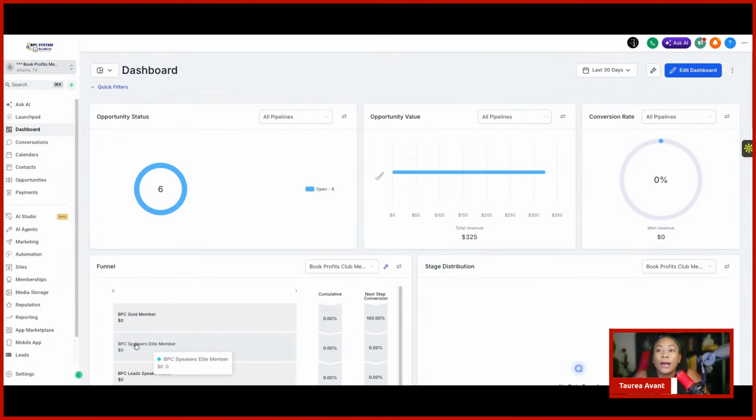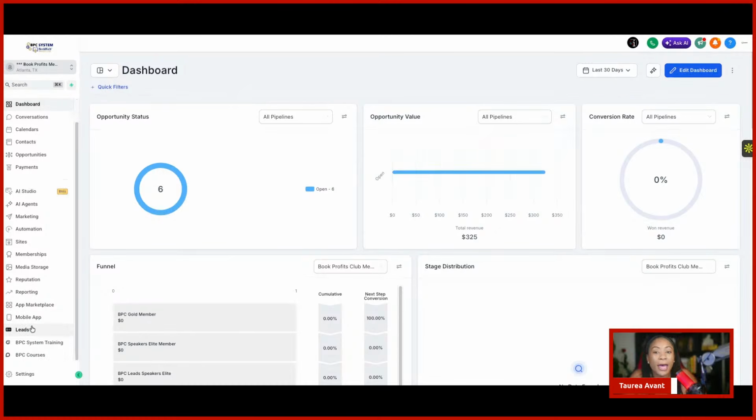So this is the software, and there are so many different things that you can do in it. I won't go over all of that, but I'm going to encourage everybody where to go when you get access to the software. If you do not have access, that means you are not an Elite Accelerator or Inner Circle member. We do have the option for you to get access to the software for a small monthly fee.